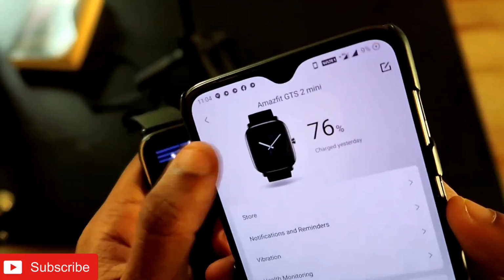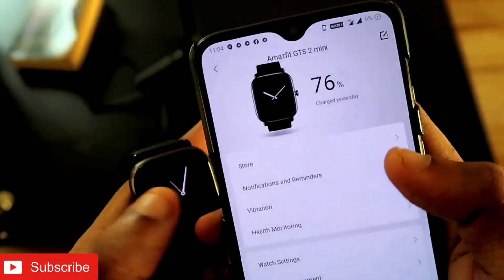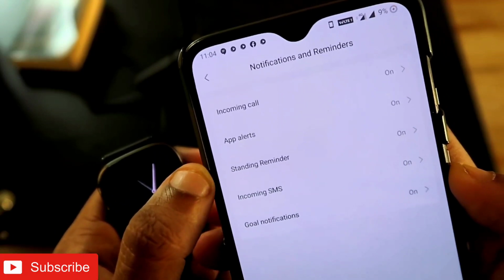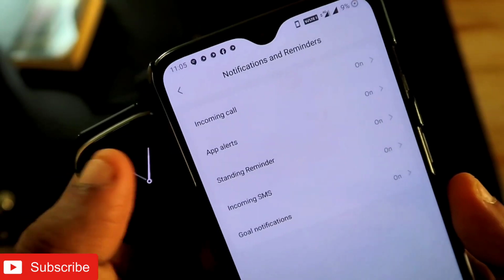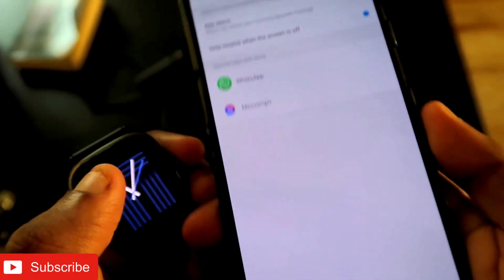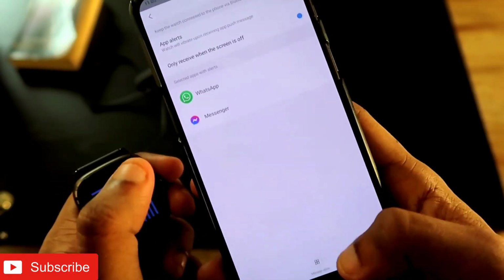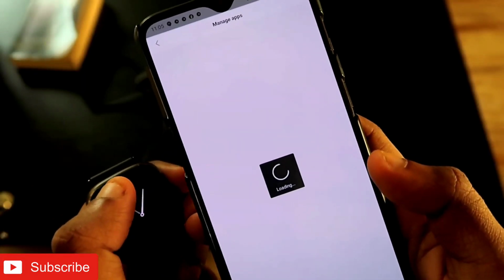Anyways, my GPS is synchronized with the watch, and let's go to the option where you can set the notifications for definite apps. As you can see here, you will get the options for incoming call, app alerts, standing reminders, incoming SMS, goal notification. You have to click on the app alert option. Here you can configure which apps you want to get the notifications from. From which app you will be getting the notification, you have to select first. Here you can see that a manage apps option is there. If you click on that,